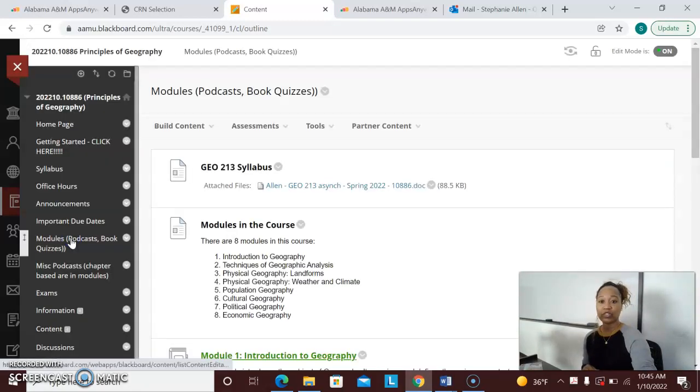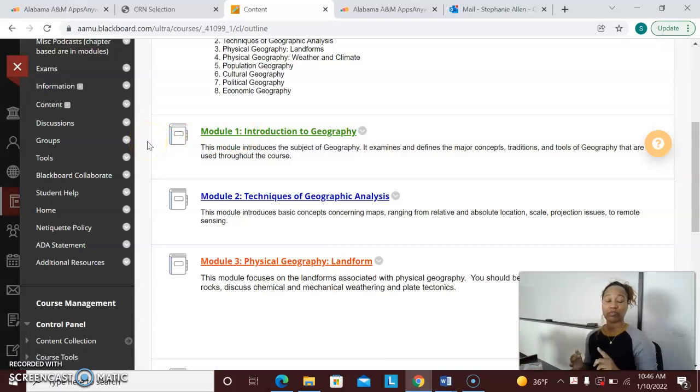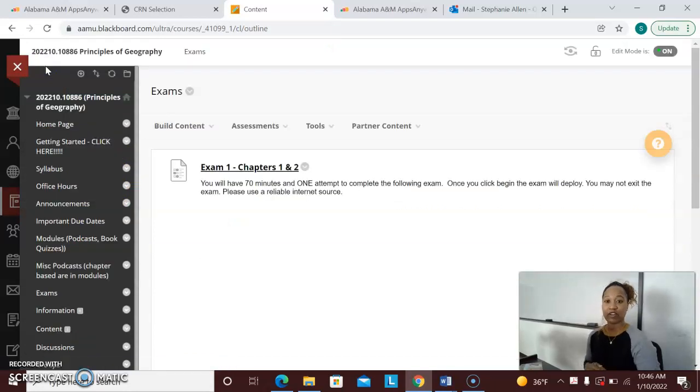Again, your modules are here. Modules are corresponding to each individual chapter. Your book quizzes are found in modules. Your lectures are in the modules. Everything you need is in the module, including book quizzes, with the exception of your exams, and exams are found